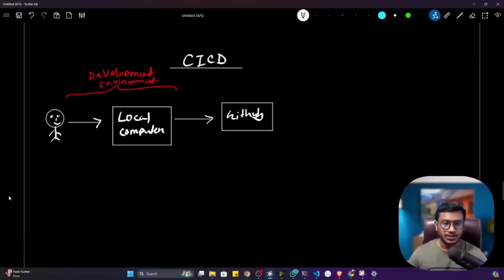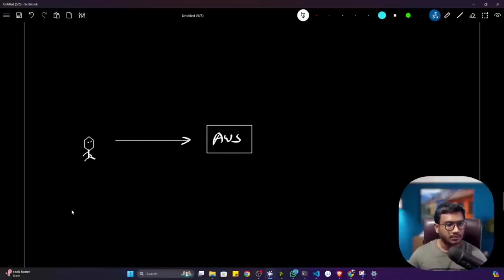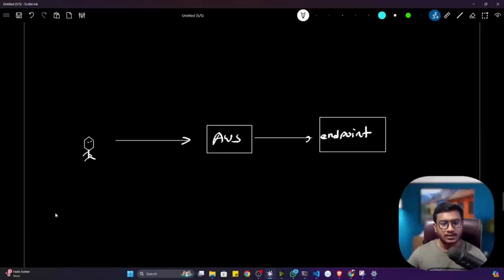After implementing this project, what we have to do, we have to deploy this project, yes or no? Let's say somehow you have deployed this project on the AWS cloud. Let's say this is your AWS cloud. Fine. So let's say you have deployed this project to the AWS cloud manually. You just created an instance there. You just took a machine there, an EC2 machine, and you manually deployed this project. Now it will give you some endpoint. So with the help of this endpoint, any of the users